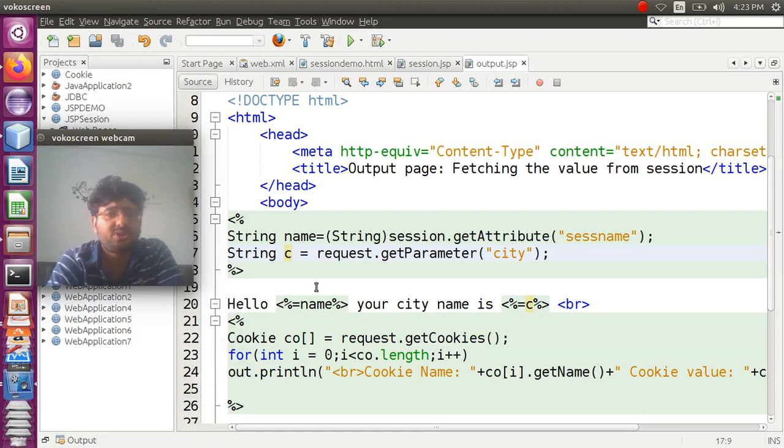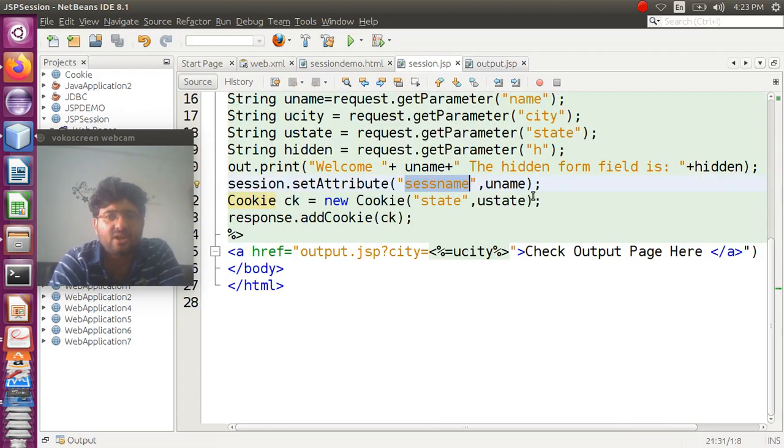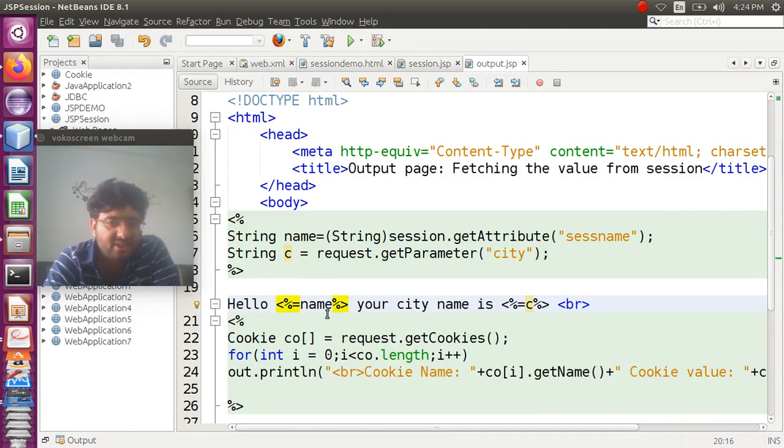Okay, so in this particular output.jsp, what is shown to the user is hello, and this is the expression tag, so it evaluates to the name. So what is name here? Whatever the value of this particular sesname. So what is the value of sesname? Value of sesname is uname, and uname shows the value that was stored in the name attribute in the input form, right? So whatever the user has given, that is ABCD. So it prints hello ABCD.